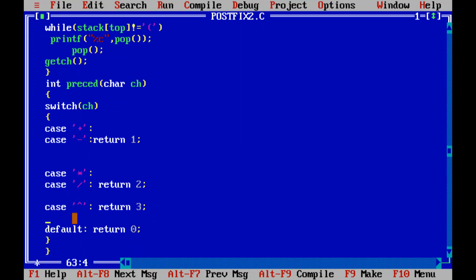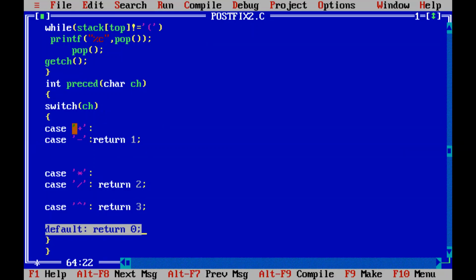You can write in any order, but you should remember that exponential should be given the highest precedence. That's why I gave 3. And now if the operators are not falling into any of these categories, suppose unknowingly you pressed some other operator, a percentage symbol and all, and we are not taking care of this percentage, what will happen? It will be going into the default case and it will be returning 0. Any operator other than those which we have mentioned here, or any other symbols which you enter, will be taken as return 0. So it will be returning 0 whenever we are calling this function.